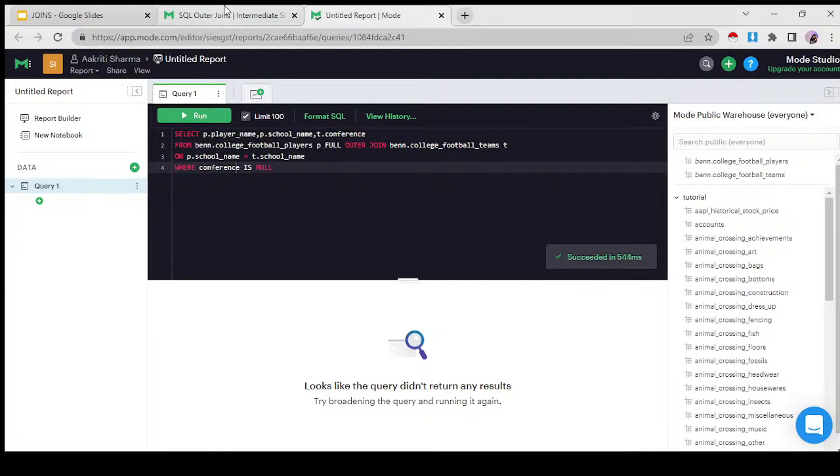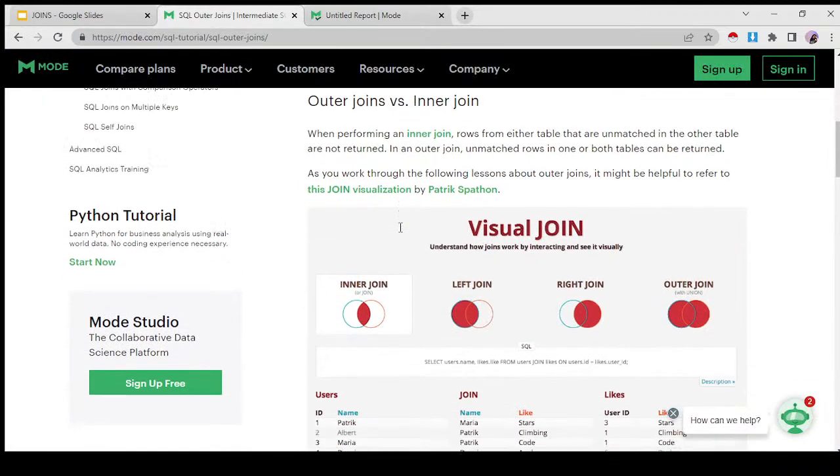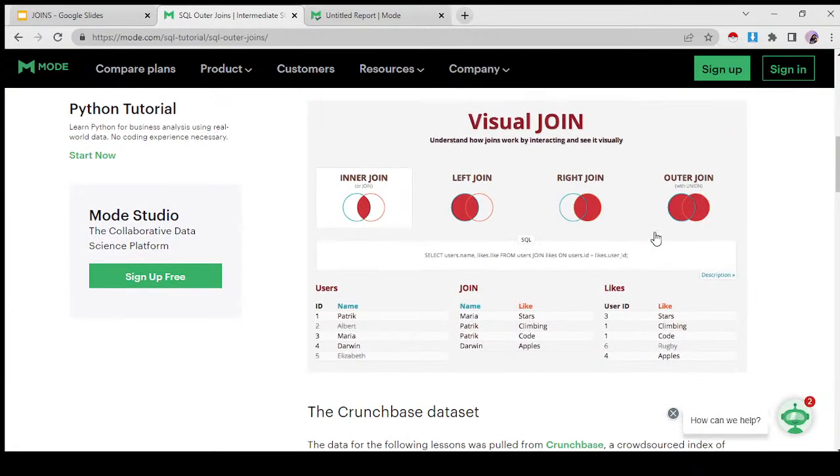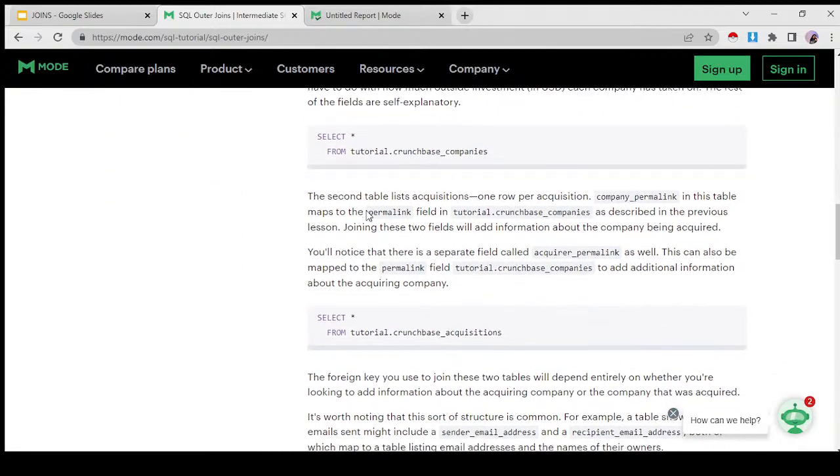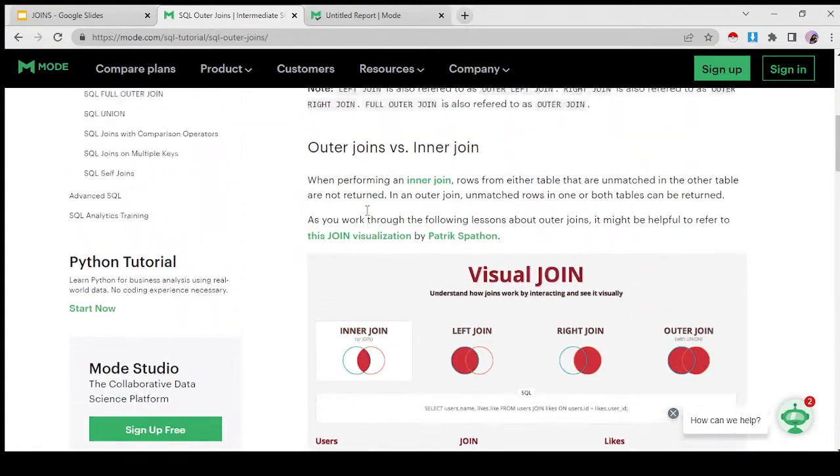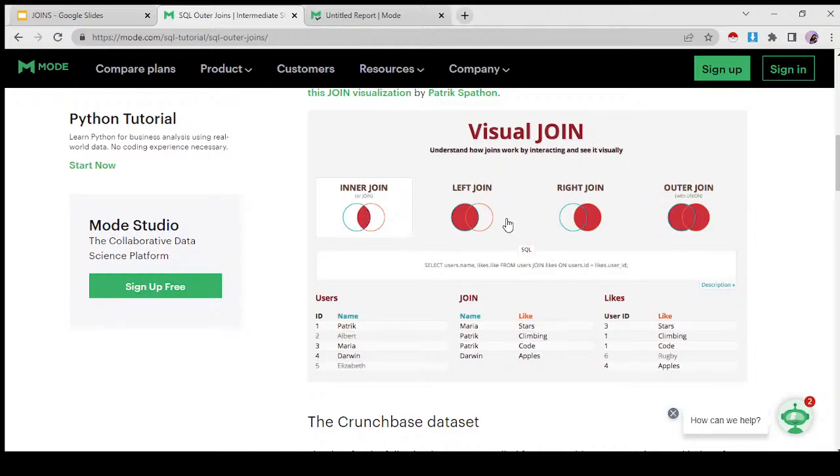How would we include those entries in our query result? We'd be including them using the outer join, which includes not just the mapped parts, but also the left out parts with blanks in them because it could not find how to map it. See, outer join has everything, the middle part and the left out parts, whereas inner join only has the middle part.